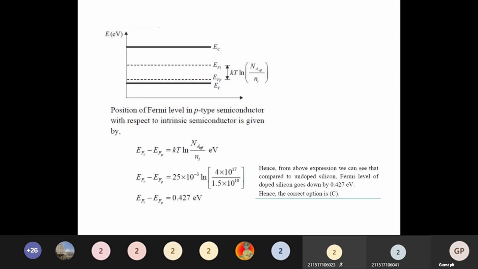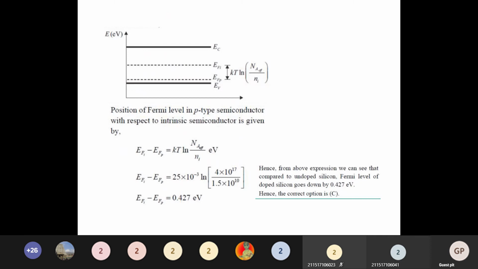This energy band diagram we already discussed in the theory concept itself. So here the material is a p-type material, that is boron doped. Boron doped means what it will be: acceptor concentration. So the acceptor concentration is the greater value, so the Fermi level must be near to the valence band. Already so many times we discussed this. Here also same thing, the corresponding formula in terms of kT is this one.